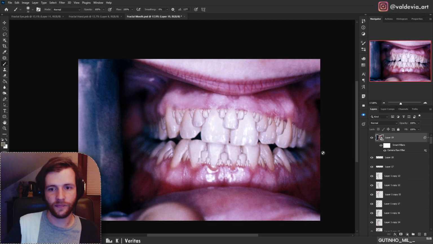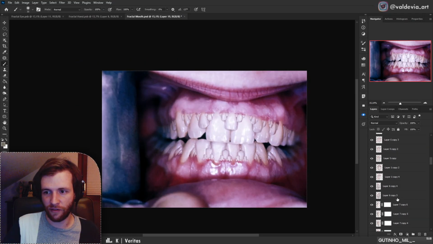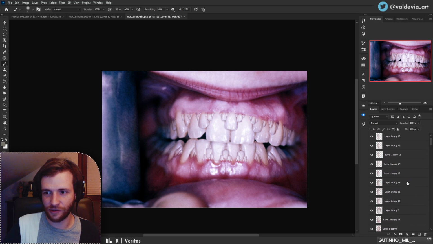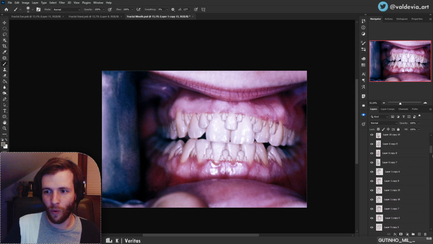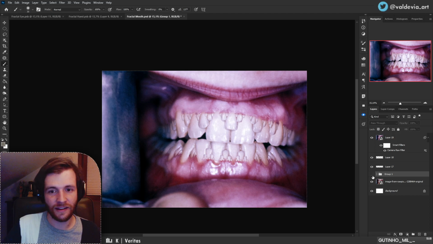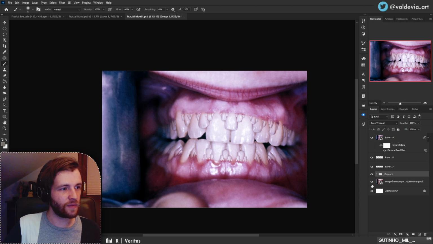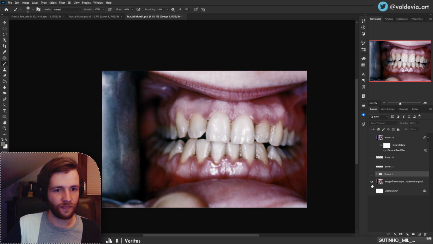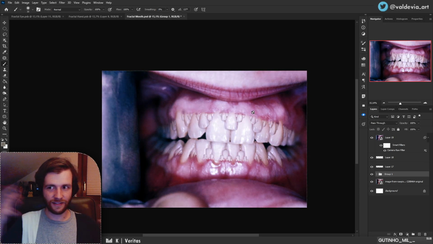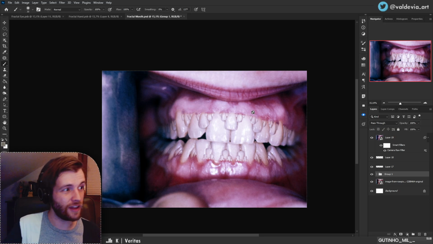Okay. Shall we see the before and after? God, I need to group all this up because what a mess. Don't look at this. It's now a tidy little group. That's the before and after. We didn't do a lot to the whole structure of the image, but